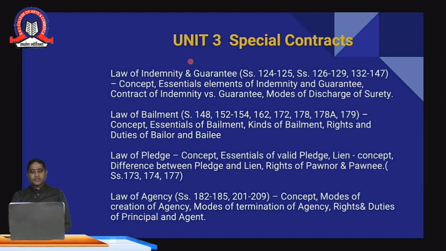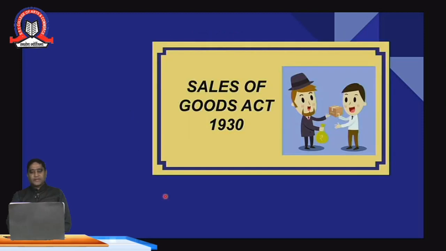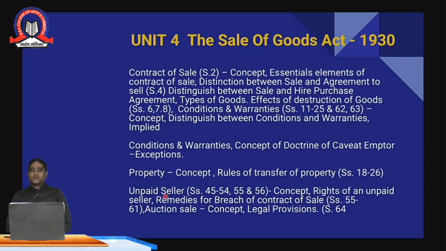So students, under unit 3 we would be speaking of the law of indemnity and the law of guarantee, followed by bailment, then pledge and the law of agency. Coming to the second last part, that is unit 4, we would be speaking of the Sales of Goods Act 1930. Under the Sales of Goods Act, we would be speaking about the contract of sale, and what the essentials